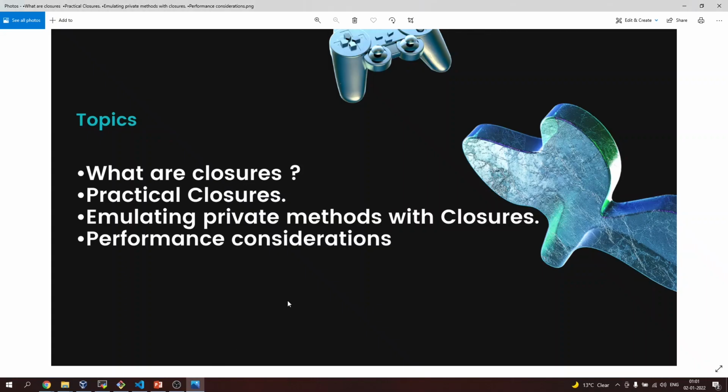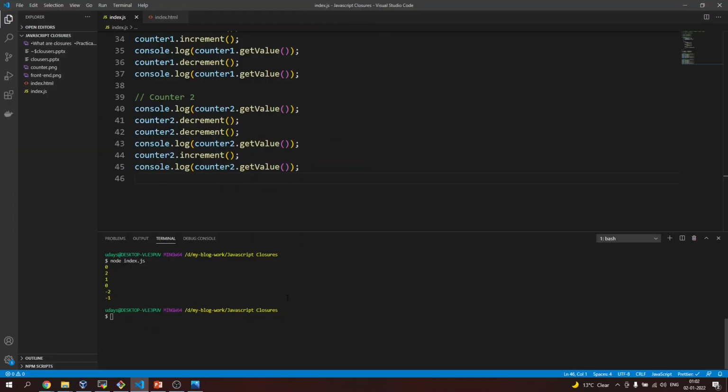Coming to the next point, the last point, about the performance considerations of whether we can use closures, or is it a good way to use closures, and if it is good to use closure, then what's the best way of using it. So first of all, it is not advisable to create unnecessary closures. If you are able to work without closures, that's the best practice, and if the requirement does not require a closure, you should not create it,